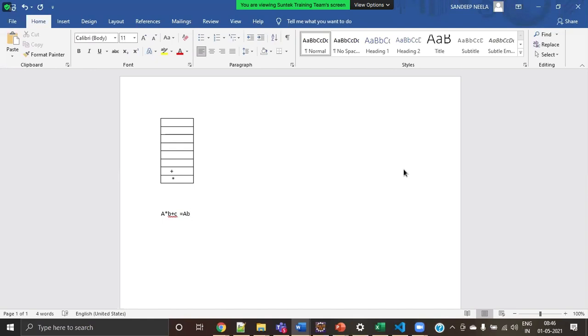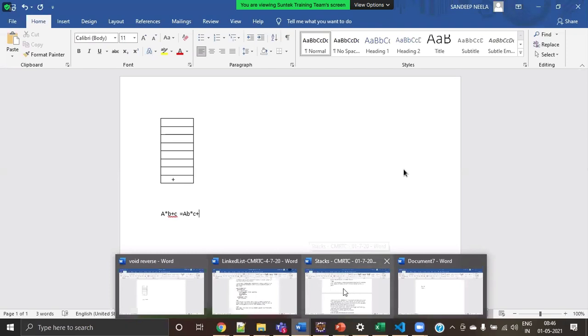and B, since plus came, since this is not equal to this one, it will pop the elements which are greater than plus. So it will come over here, it will print star. Since the stack is empty again, now it will insert this plus over here, and next it will come over here and print C. Next whatever the elements are there, it will print like this. So if it is having less precedence, it will pop all the elements which are present in it. Otherwise it will push it into the stack directly.